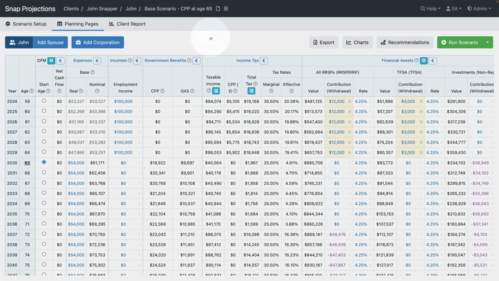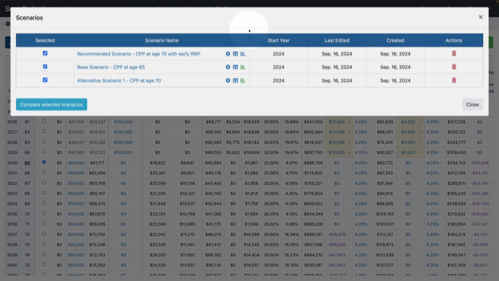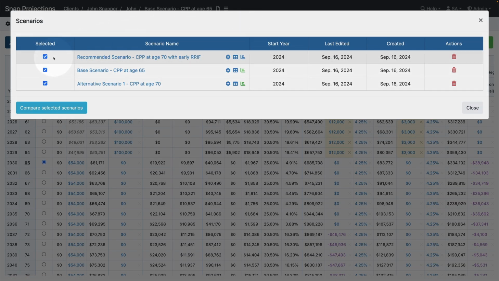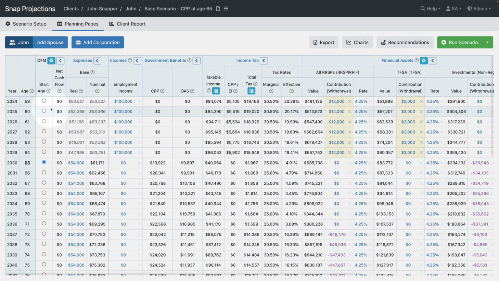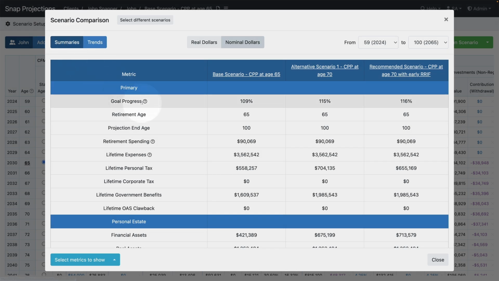You can access the dedicated scenario comparison functionality by clicking on the menu at the top of your page and then clicking Compare Scenario. This will allow you to select between 1 and 5 scenarios, and then you'll click Compare Selected Scenarios. In our first release of this tool, we provided the Summaries section, which includes this customizable table of